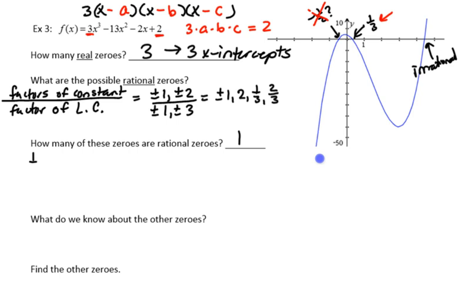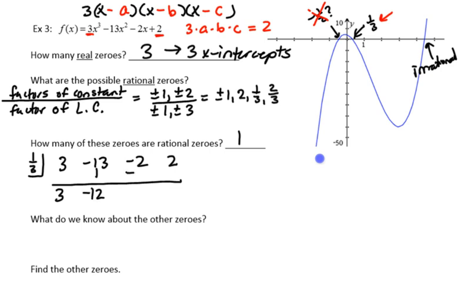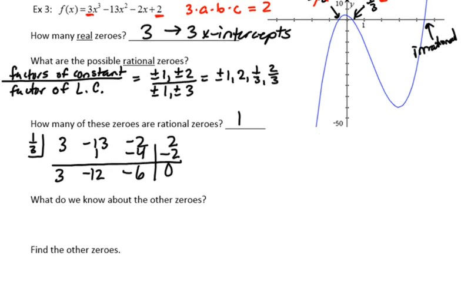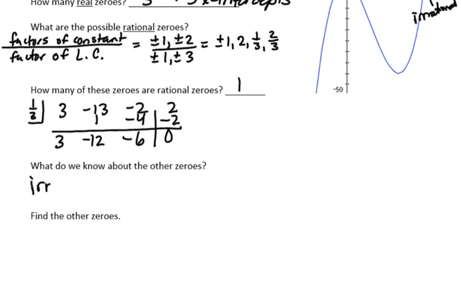We're going to divide using synthetic division. And I know this is a fraction, but trust me, it'll turn out nicely. Because my leading coefficient is 3, I'll get rid of this fraction right off the bat. Drop the 3 down. 1/3 times 3 is 1, and then this is -12. 1/3 times -12 is -4. This is -6. 1/3 times -6 is -2, and this is 0, and so 1/3 is indeed one of my zeros. Now I know the other two are irrational,